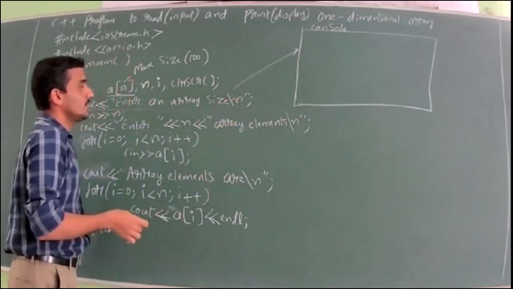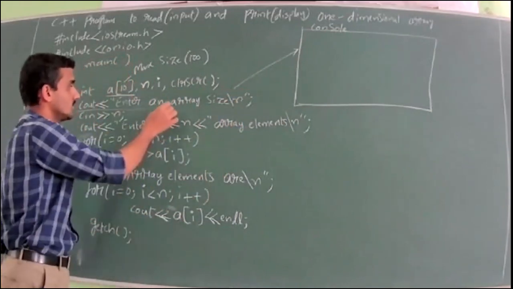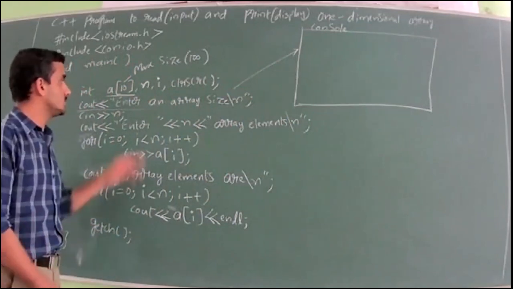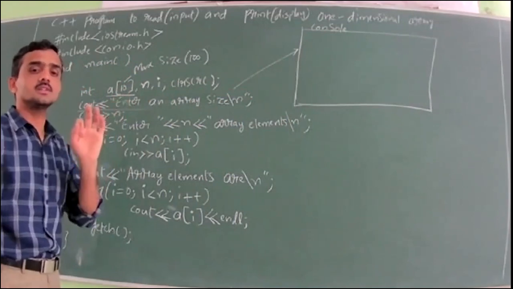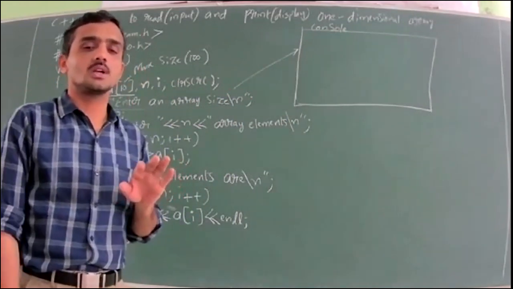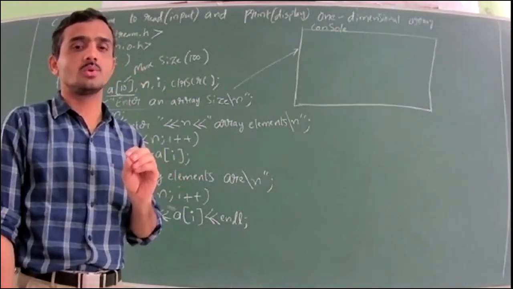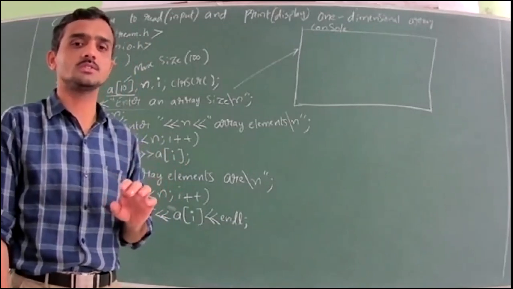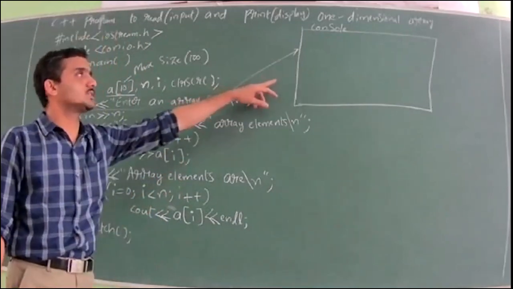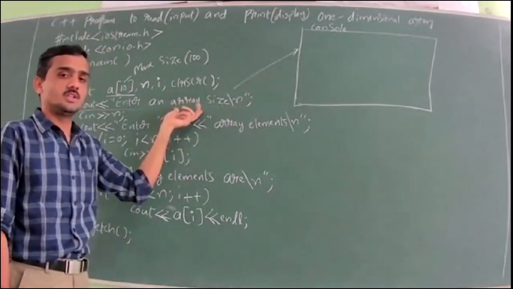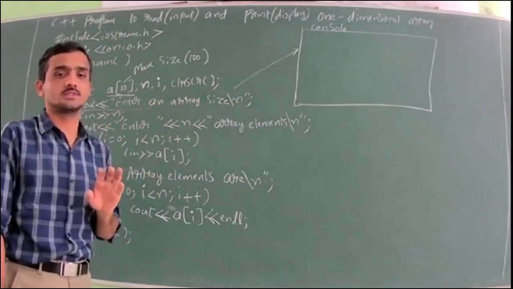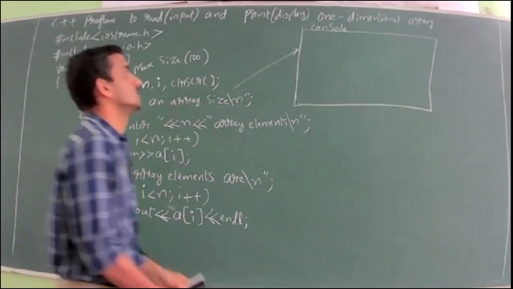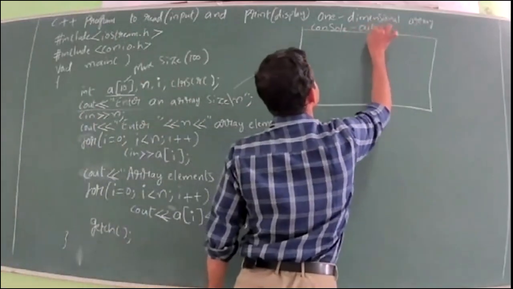Already we have the size 10, but still we give one message, enter an array size, because 10 means fixed locations. So the user can enter 10 values. But if I don't want to enter all 10 values, if I want to enter only 5 or 6 out of 10 locations, then on the output screen you can decide. Say, out of 10, I want to use only 5 locations, only 5 values I should enter. Then you can decide by this message, on the console output, that is on the black screen.